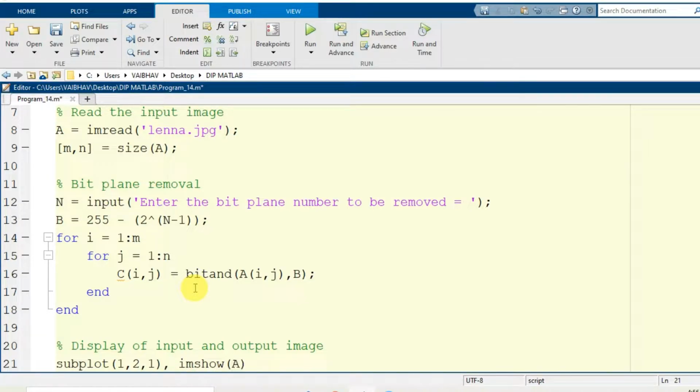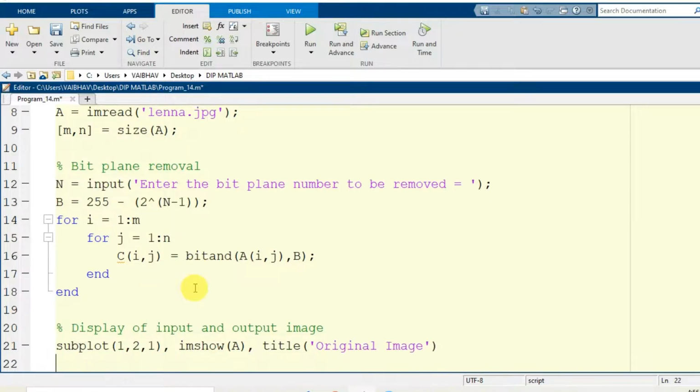The input argument I provide is small a, and the concerned title I also provide here is original image. In the next line I access the next cell of the subplot, that is 1 comma 2 comma 2. I make a display of the variable capital C that we have from the formulations and the nested for loop here.